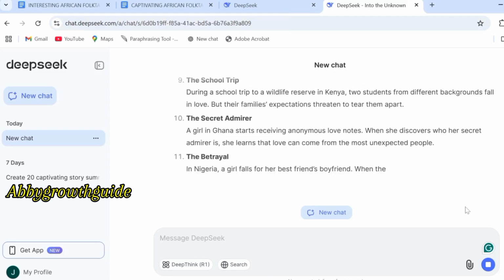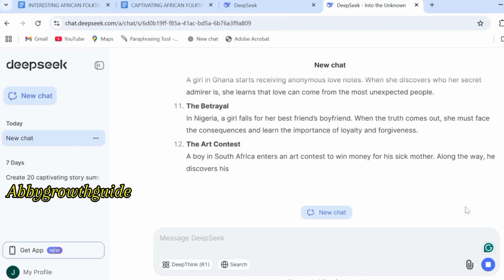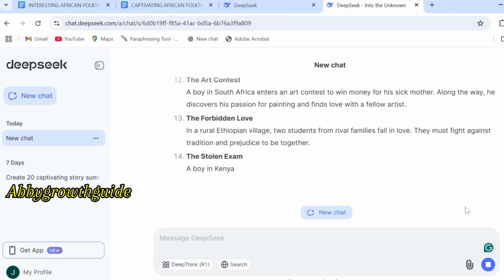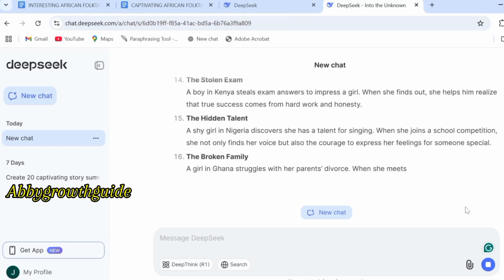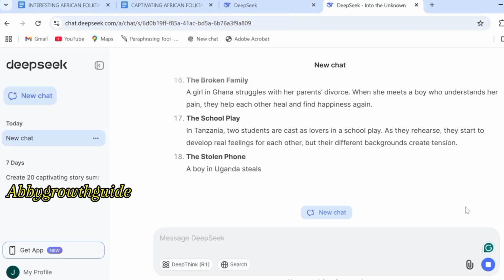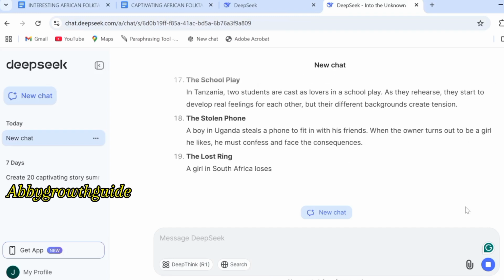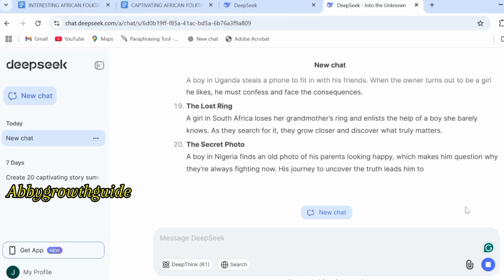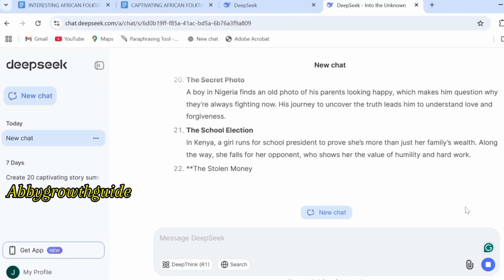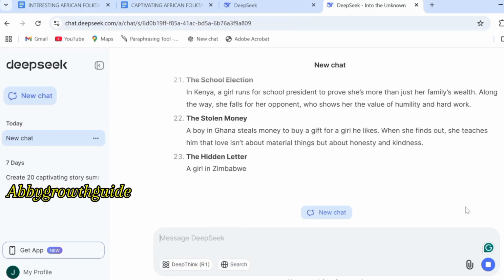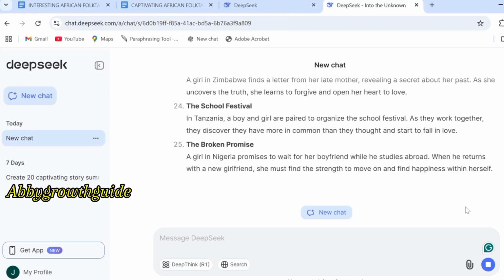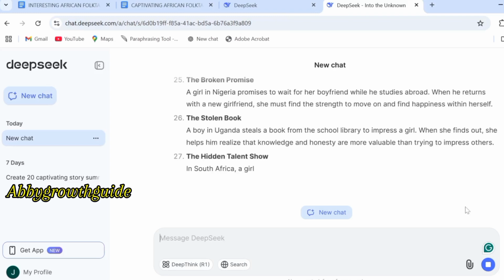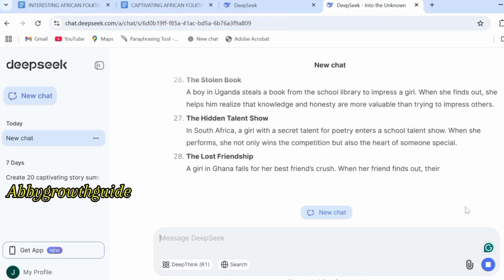And afterward, you can see we added African setting for the story summary. Now you can see that I didn't mention things like African folktale story or anything related to that, because once you do that, you're going to get a generic response or basic story. And you know we don't want any of that. So we want something that will be outstanding and we want something that will be captivating. So here I'm just going to go ahead and send this so that DeepSync will come up with an outstanding